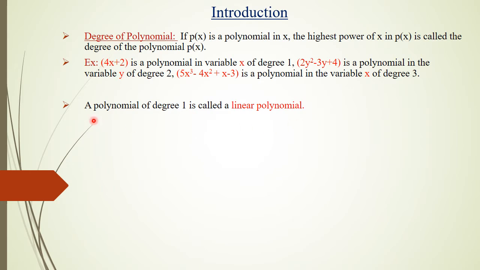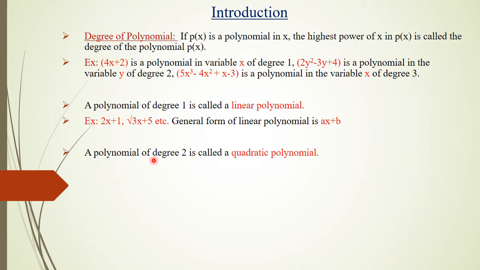Next, a polynomial of degree 1 is called a linear polynomial. You can see here this is a polynomial of degree 1, therefore this is called a linear polynomial. If I want to take an example, 2x plus 1, root 3x plus 5, etc. You can see here variables are carrying power 1, therefore they are called linear polynomials. Why they are called linear polynomials is that when we plot a graph using these equations, we get a straight line. We do not get any curve, that is a straight line, therefore they are indicated as linear polynomials. The general form of these linear polynomials is going to be ax plus b, where a is the coefficient of x and b is a constant term.